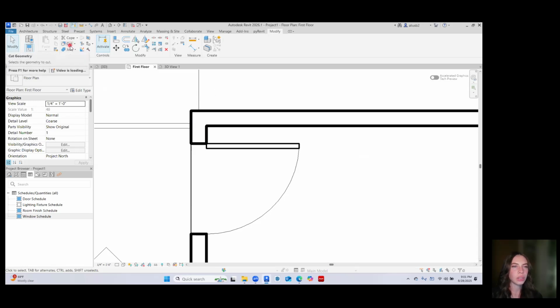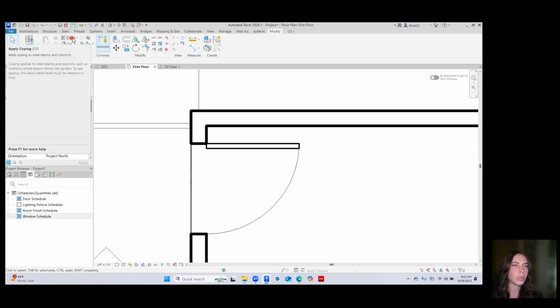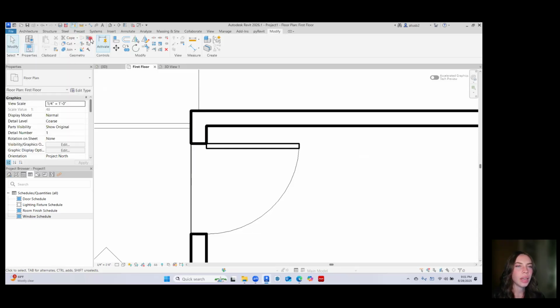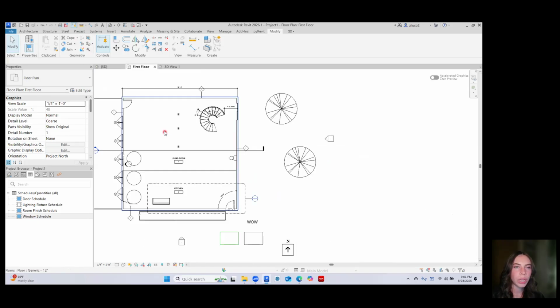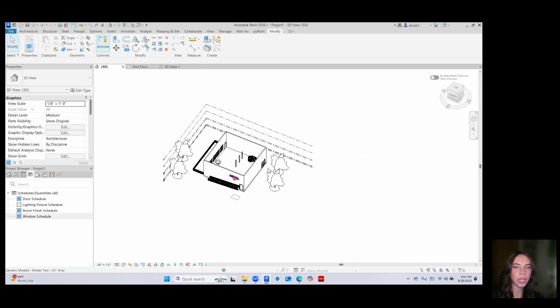And then there's a cut tool to cut and a cope tool. So this adds coping to beams so that it will come through. And then we've got our split face tool, which if we were in 3D here,